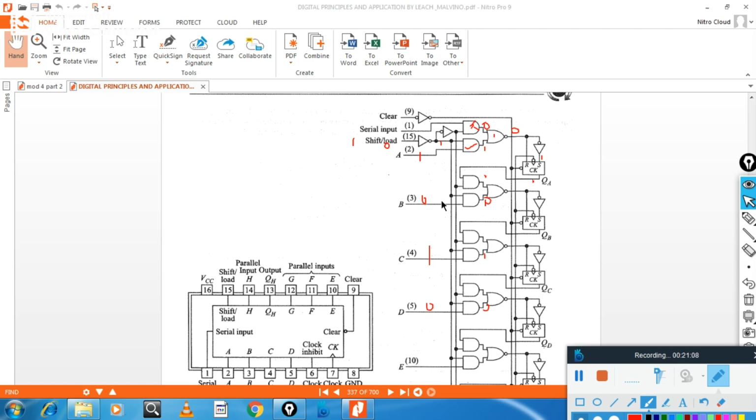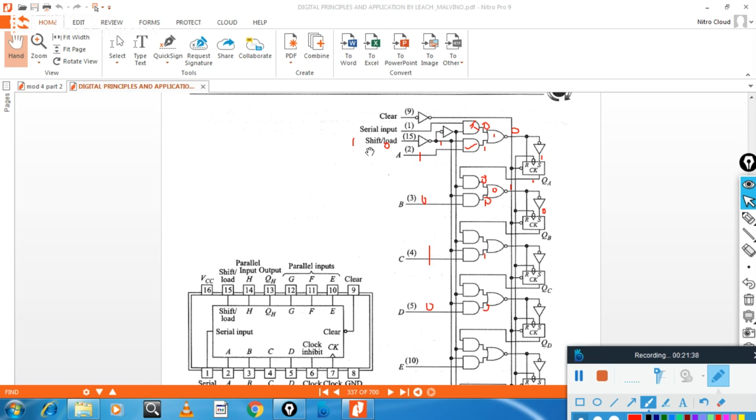So initially 0, 0, 0, 1 and 0. So when shift is 1, load is 0, data is moved inside.